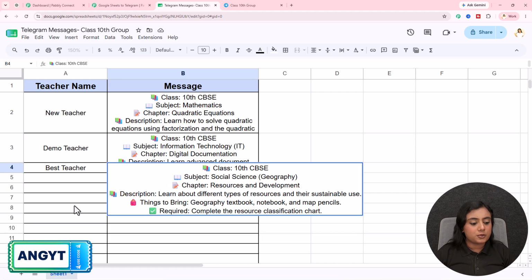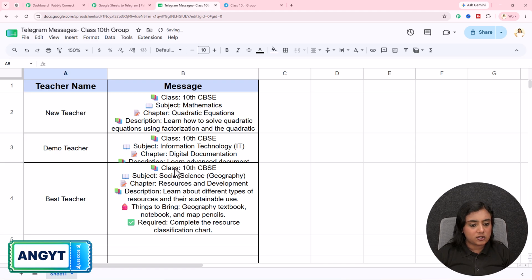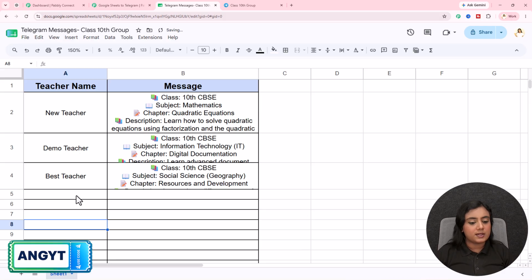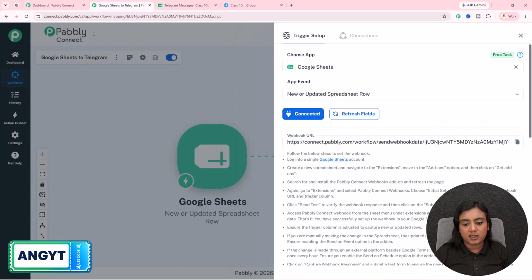So you can see right over here, this is the teacher's name, that is best teacher. It's class 10 CBSE Social Science Geography. Chapter is resources and development. Learn about different types of resources and their sustainable use. Geography textbook, notebook, map and pencils. Compare the resource classification chart. Okay, so this is the message I've entered that I want to share, and in the trigger you will see